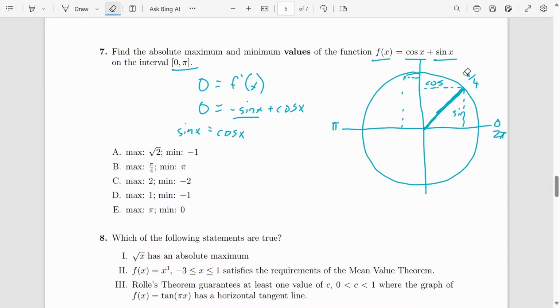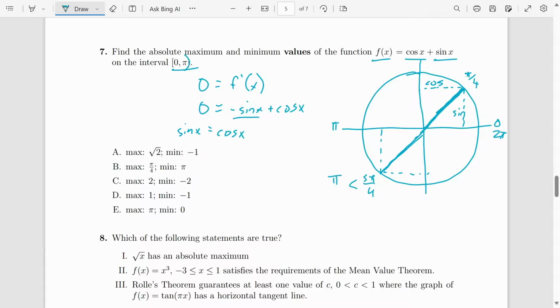So the only way that sine and cosine can equal each other is if this angle is right in between 0 and pi over 2, which is pi over 4. Now, we also have another angle down here where we have this length and this length, but that is actually outside the scope of our problem because this angle is 5 pi over 4, and that is bigger than pi,